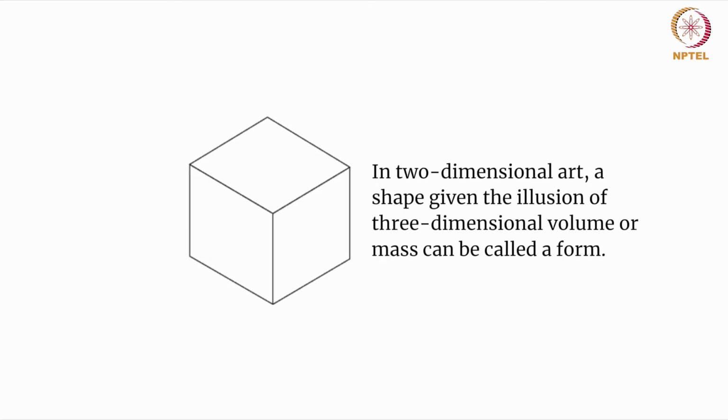To define this in graphic design, form refers to the three-dimensional quality of an object or design. It distinguishes shapes that are flat, two-dimensional, from those that appear to have depth, volume, or a three-dimensional presence. For example, if I look at this book, it has many planes, and because of that, we see this as a three-dimensional object.